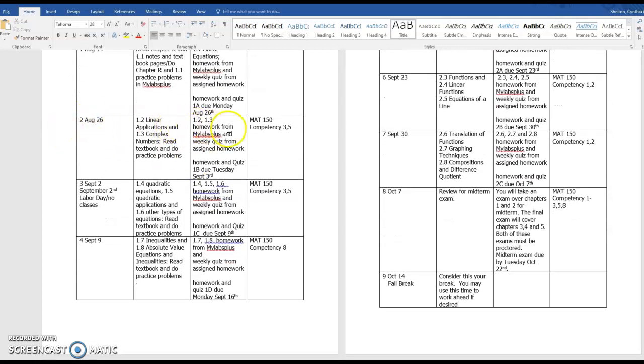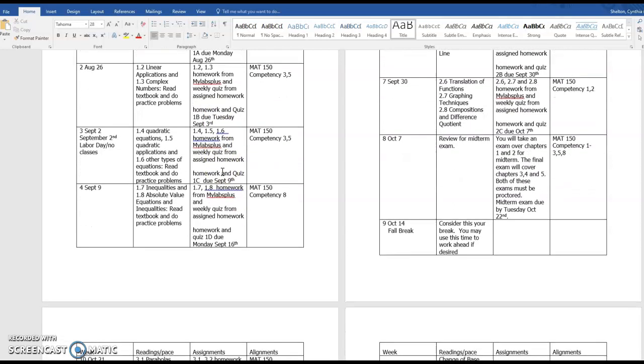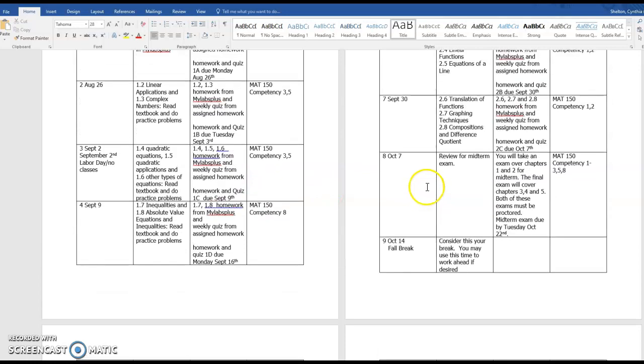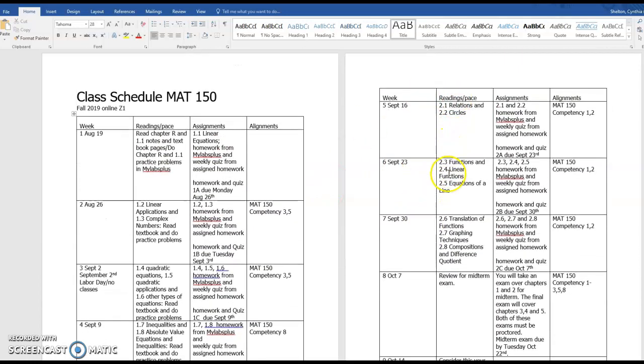Now on the second week of work, the deadline is a Tuesday, and that's because of Labor Day. Labor Day is on a Monday, so I gave you until Tuesday, so if you wanted to take your Labor Day off. But again, most of the time the due date is Monday. So you just work through the material,